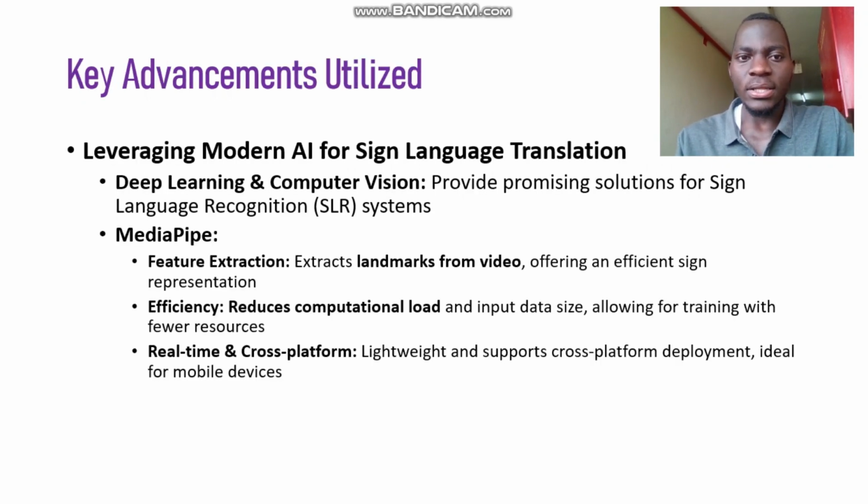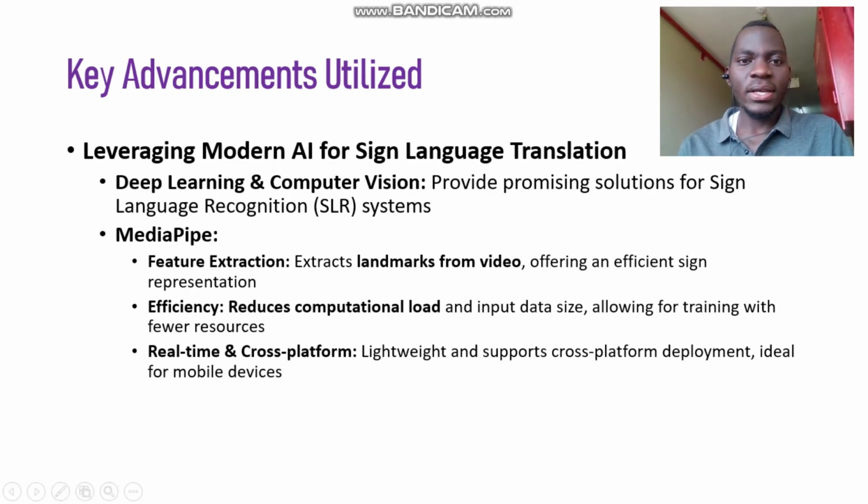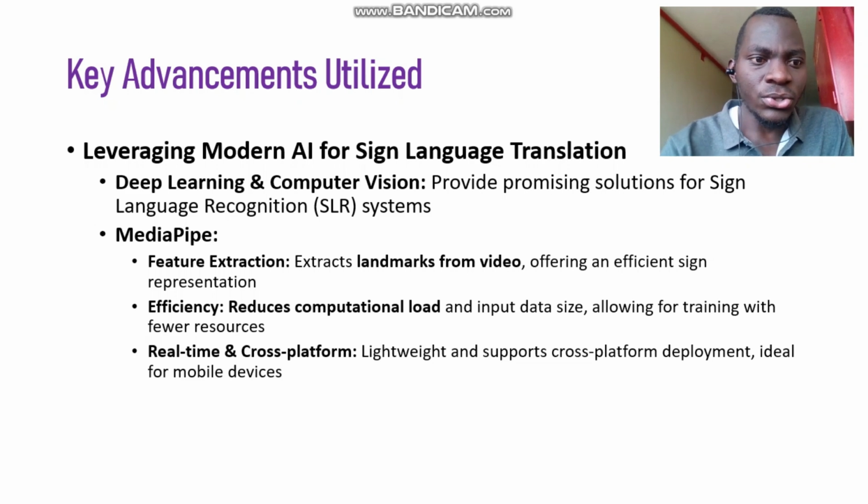So basically the key advancements, like how they did their project, is that they were using modern AI for sign languages. They already used existing products or existing models to create their solution. So they use deep learning and computer vision basically, and